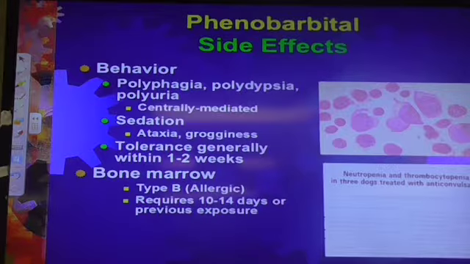It may also be thrombocytopenia, but it's general bone marrow suppression. And remember, it generally does require about 10 to 14 days of exposure, but remember, it can show up 3 years after being put on phenobarbital. But there generally has to be at least a long enough time for an antibody to be generated.